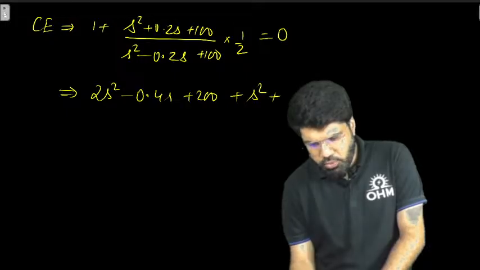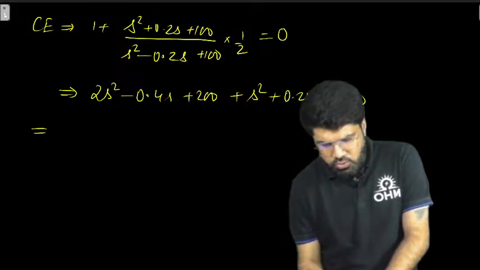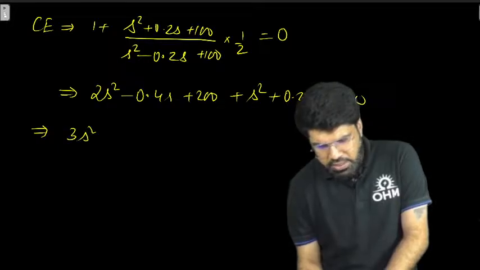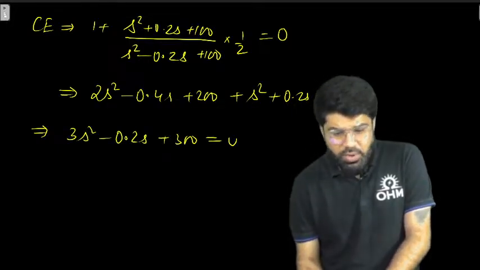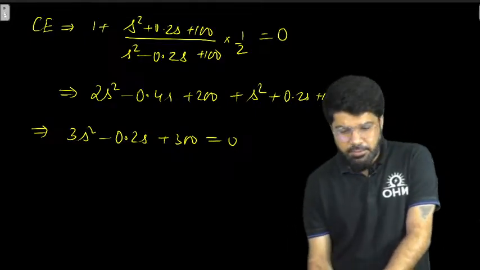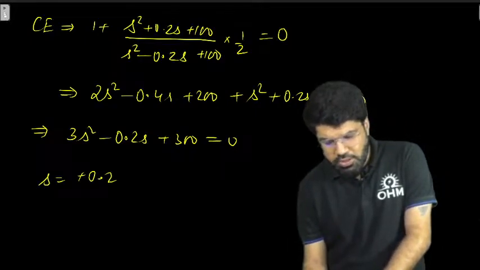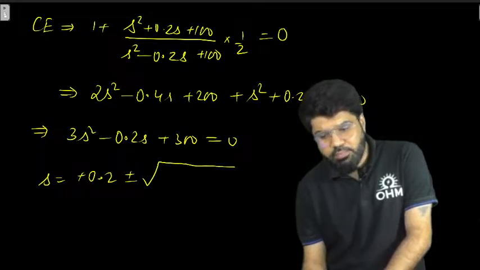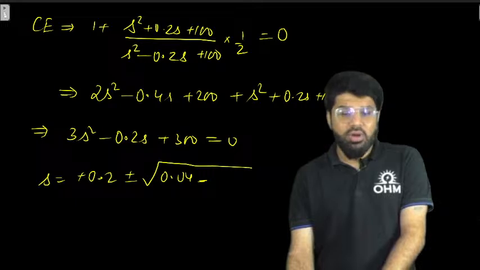s square plus 0.2s plus 100 equal to 0. Solving it, dear, 2 plus 1, 3s square minus 0.2s plus 300 equal to 0. And once again, if you solve for the roots here, s will be equal to minus b, which is going to be plus 0.2 plus minus root over b square, 0.2 square, again 0.04, minus 4ac, 4 into 3 is 12,